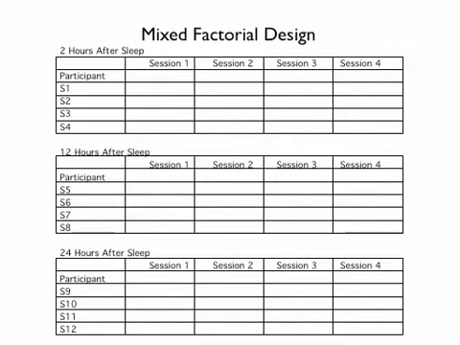We have 3 different groups of different people, right? Subjects 1 through 4, getting 2 hours, just 2 hours after they woke up. It's not 2 hours of sleep. They've only been awake for 2 hours. Another group of 4 different people who have been awake for 12 hours, and a third group of 4 different people, still different, who have been awake for 24 hours. Each person does 4 sessions, right? And that's our repeated measures factor. So again, this is a 3 by 4 sessions mixed factorial design.